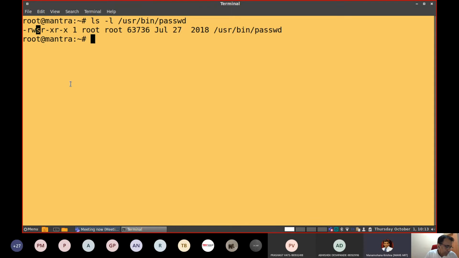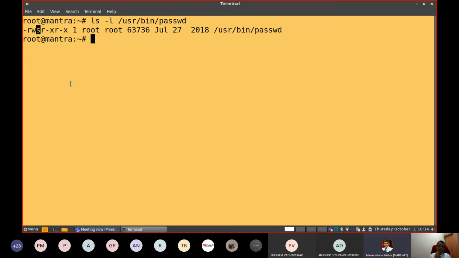This lets a process have the privilege of the owner of the file during the execution instance of the program. When you execute this passwd program, any person who is using that particular command or file passwd, any user, he will get the permission of